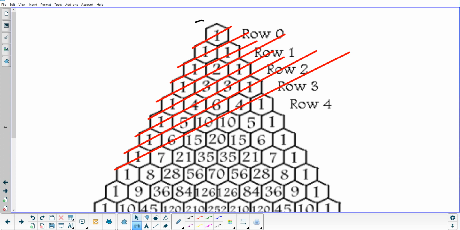So for example, this first diagonal, what numbers does it cut right through? 1. So add them all up. Well, there's only 1. How about the next one? What numbers does it cut right through the middle of the hexagon? Just 1. What numbers does it cut through in the next line? It cuts through a 1 and another 1. So we get a 2. The next one it cuts through is a 1 and a 2. That gives me 3. Then it cuts through a 1, a 3, and a 1, which adds up to what? 5. So there's the Fibonacci sequence. The numbers that it cuts through, if you add them on those diagonals, give you the Fibonacci sequence.